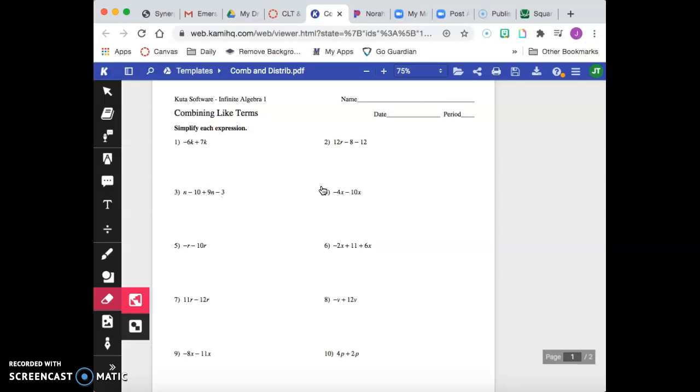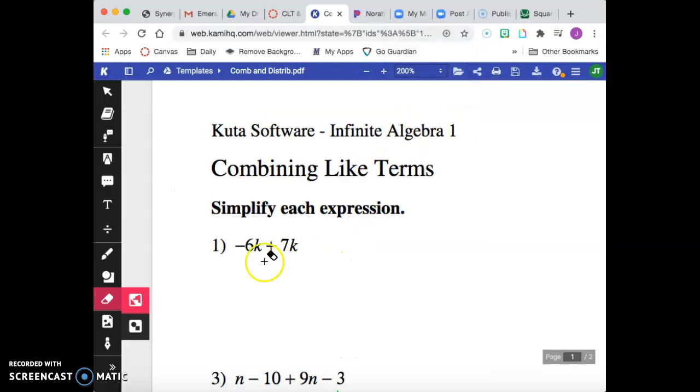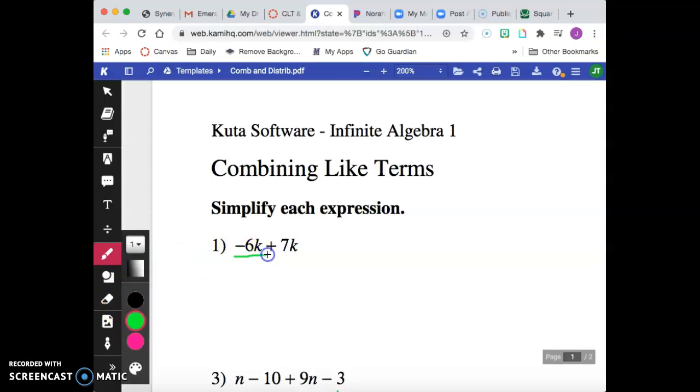Now, here's what I would be doing. I can't do that on my screen right here, but what I can do is go like this. I'm zooming in on this. When I do that, I can use this drawing tool a lot easier. So right now, what I would do is start underlining, yep, that and that should go together in one pile. And I should be able to use my